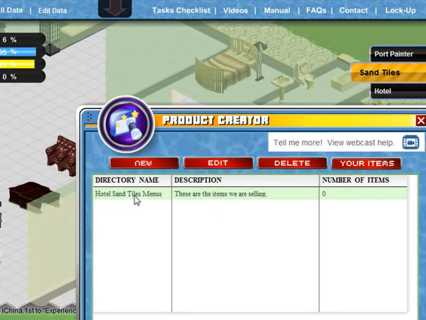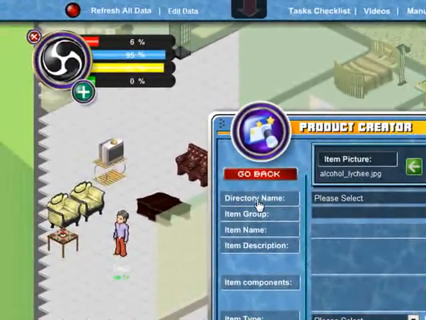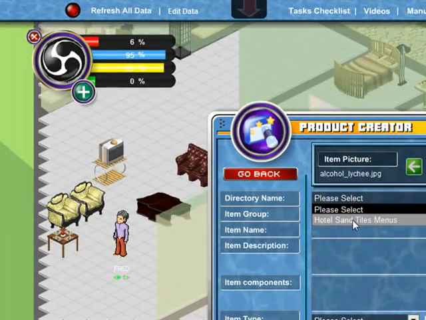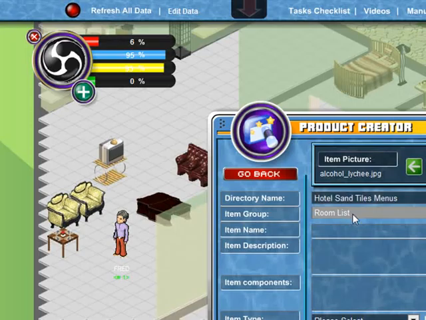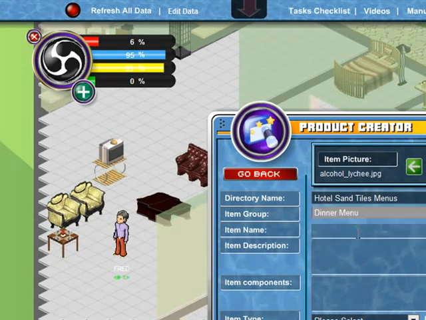So we highlight the directory name, Hotel Sand Tiles Menus, and click Your Items. And then this is where we can actually choose and create items. So the directory name, at the very top, we need to select that. We need to create a group, or select a group. So we want to add it to, let's call it dinner,